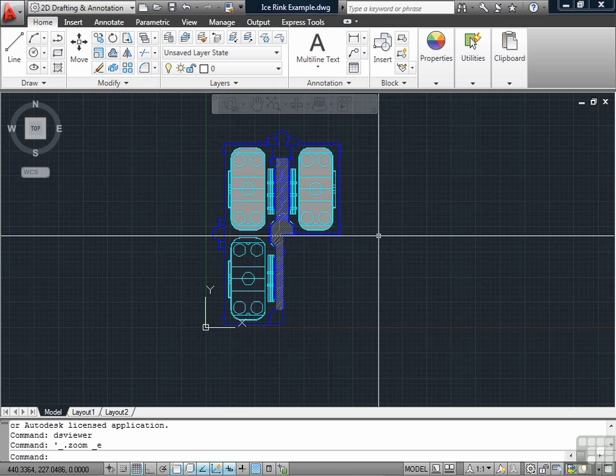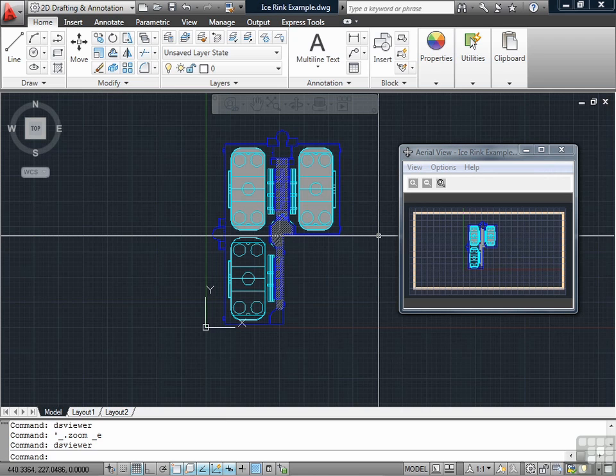It's a tool that many AutoCAD users don't know about. In fact, it doesn't even show up in the ribbon. To turn it on, type DS Viewer on your command line. Before we get into this, here's a quick tip on how to find the location of